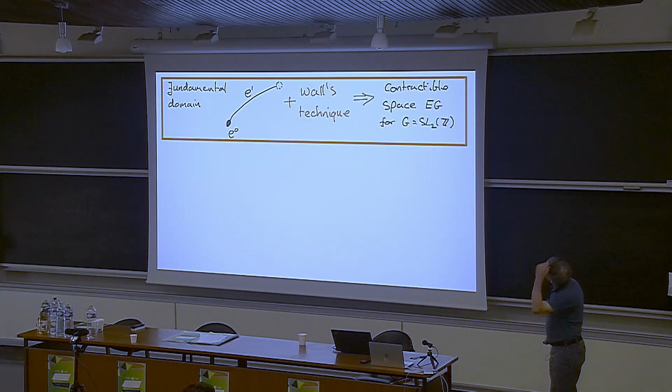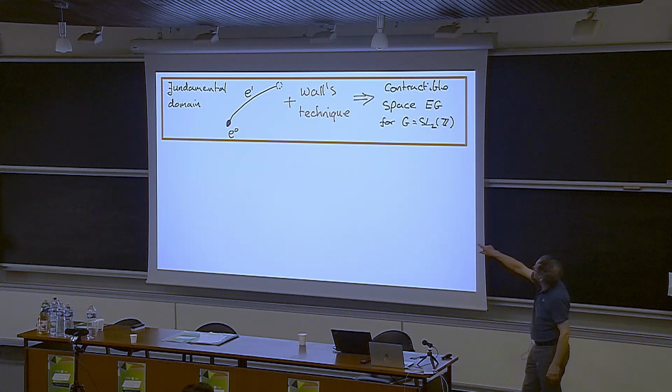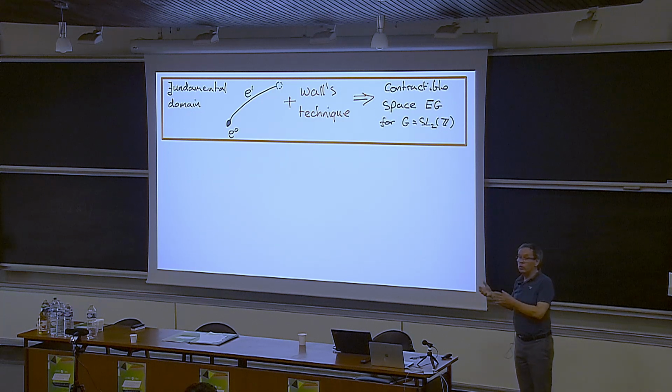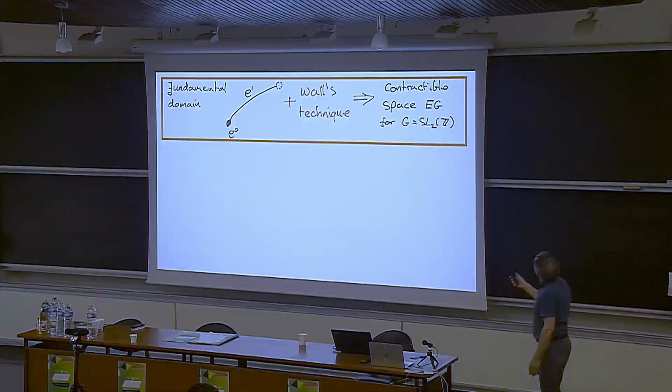Okay. So now what do we do? We have this fundamental domain, which we can easily input into the computer by hand. You don't need a computer program to do this. And we can use Wall's technique to build resolutions for the stabilizer groups, which in this case are very easy. They're cyclic of order 6 and cyclic of order 4. Piece everything together, and you get a resolution, or if you like, a contractible space